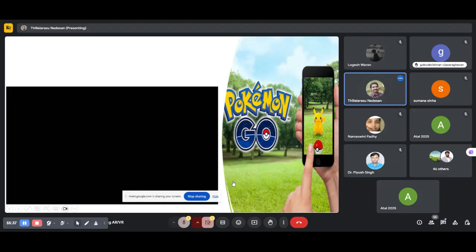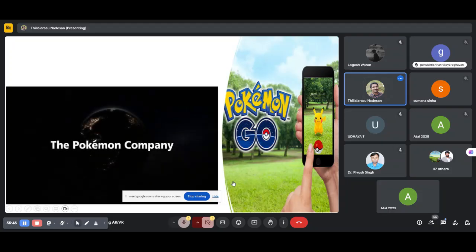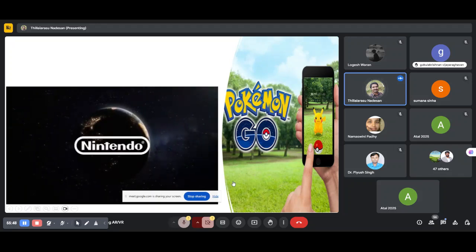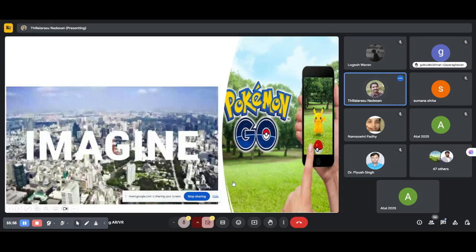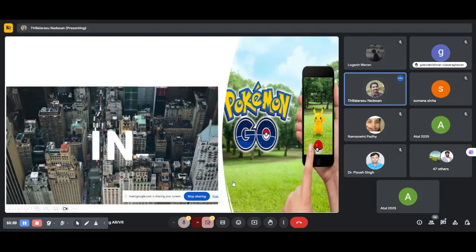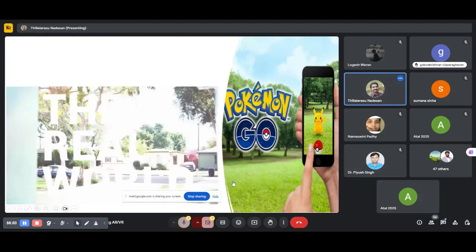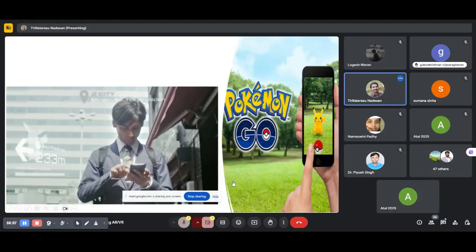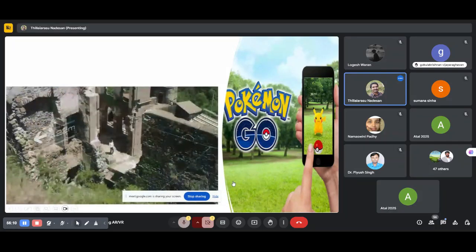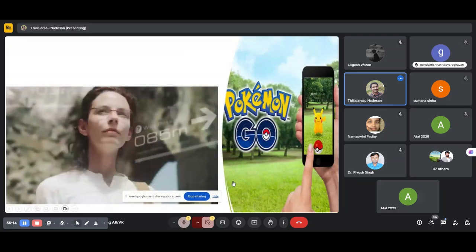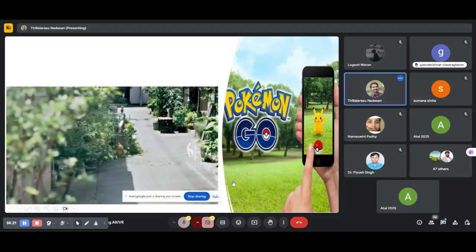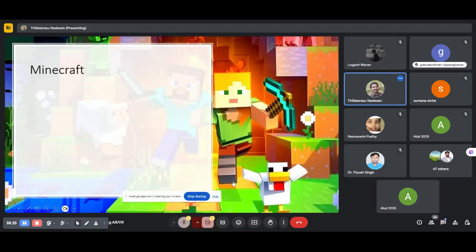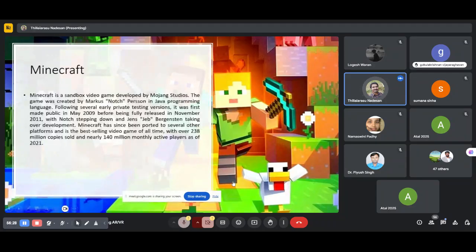Pokemon Go also, I just give a glimpse about that. Minecraft also, I think many people have played.